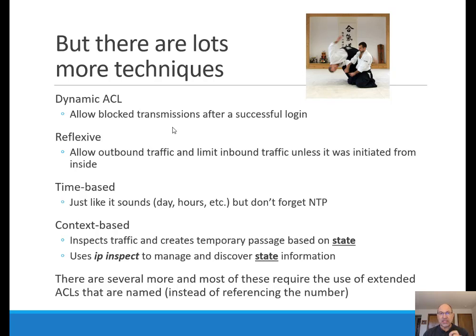The extra piece is there's a Cisco command called IP inspect that's used to discover and manage the state information. Now there's lots more of these, and most of these on this page are pretty advanced, and they're a part of lots and lots of deployments, but they're sort of the next level stuff, and they require the use of extended access lists that have been named in a lot of cases.